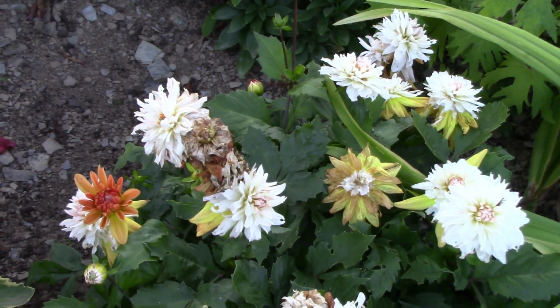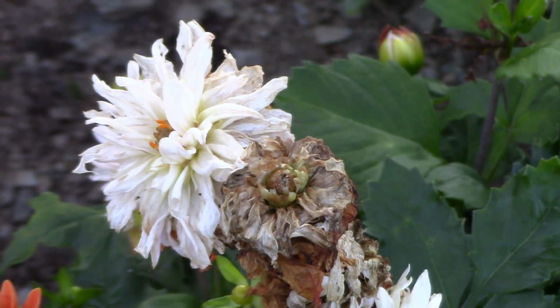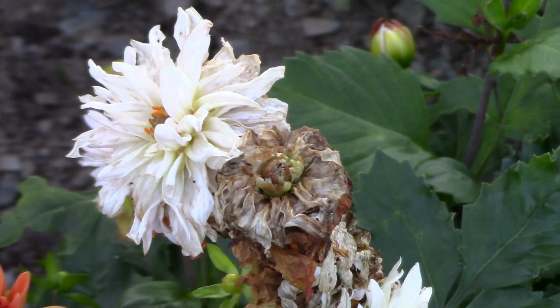The third reason for deadheading is kind of obvious, and it's to do with aesthetics. Obviously, if you've got a pretty border and you've got big brown blobs in the middle, you don't want them spoiling the view, so you'll cut off those dead brown blobs just to improve the look of the border. And even if your plant doesn't have flowers, at least it will then have fresh green leaves that we can